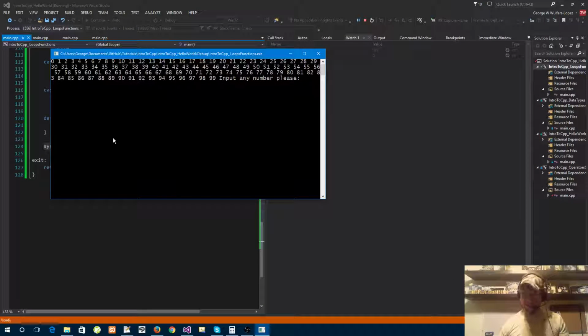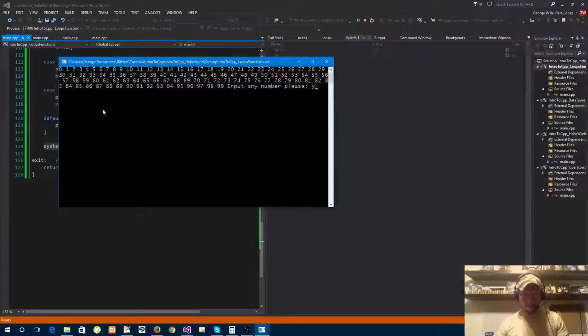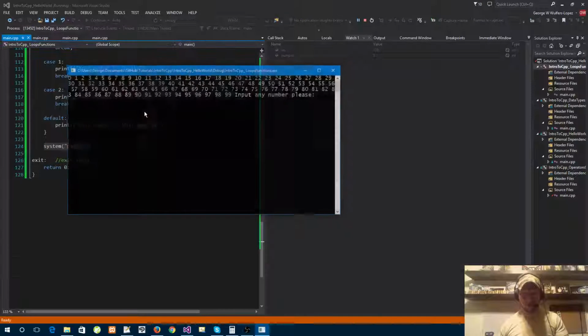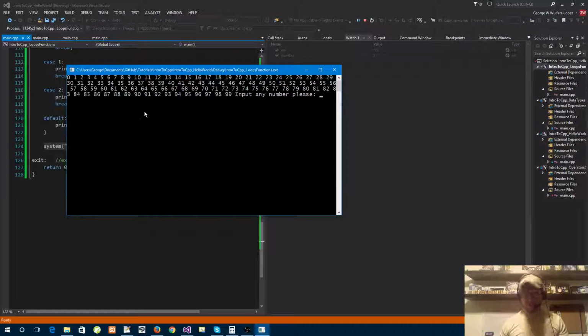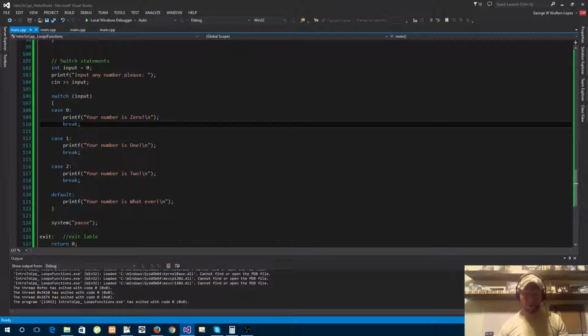Okay, so we do 0, press enter, and it says your number is 0. Press anything to continue. Let's run again. 1. Your number is 1. If it's 2, it'll say your number is 2, but let's do anything other than 0, 1, or 2. Let's do 5. And your number is whatever. So there you go. Make sure that whenever you're writing these,